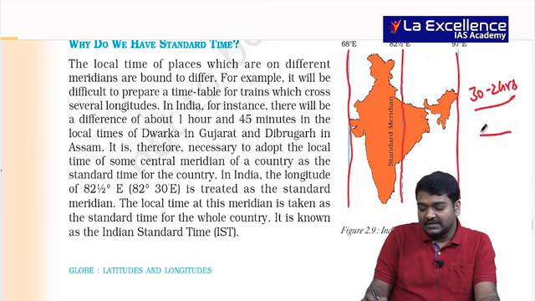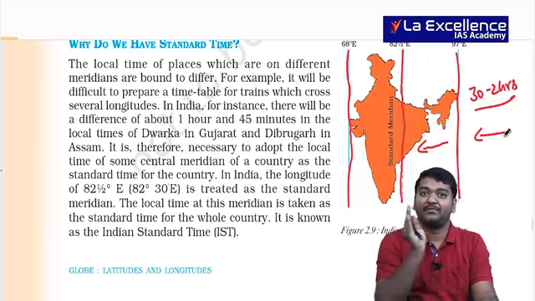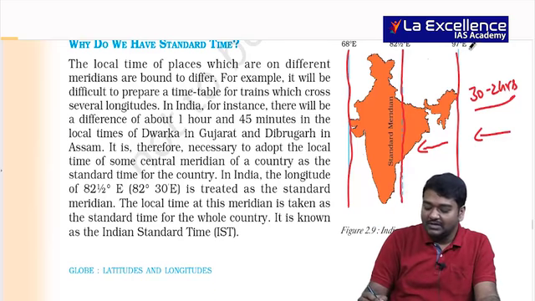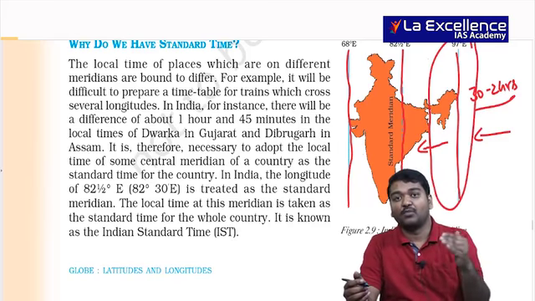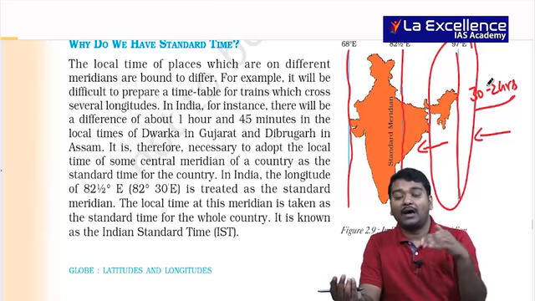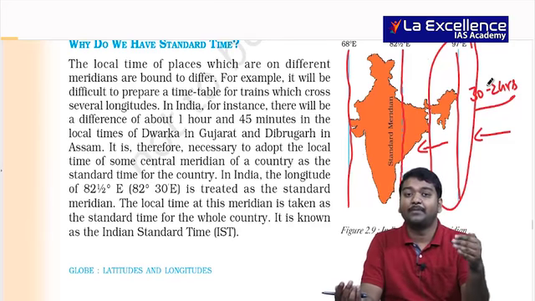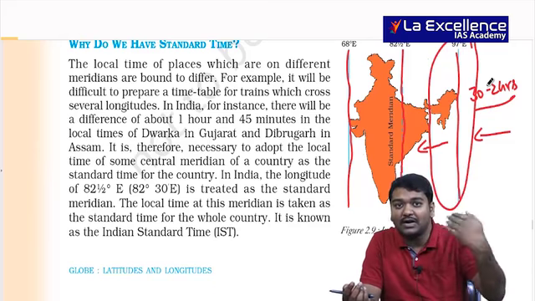And as the sun's rays usually come from east to west, the earth moves from west to east. So usually this portion gets the sun's rays first, so they will have the sun's rays or morning first. If you delay the time, then earlier during the agricultural period, these people used to start working on the basis of the sun's rays.